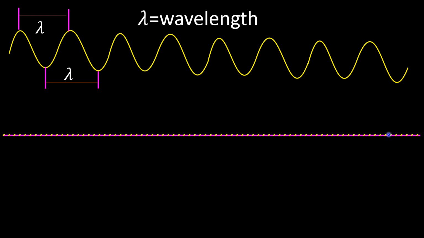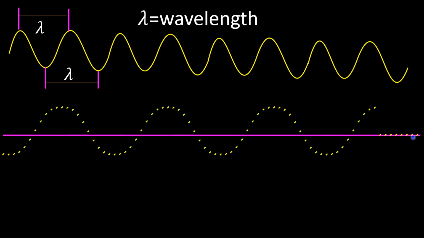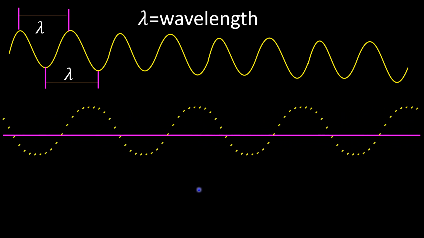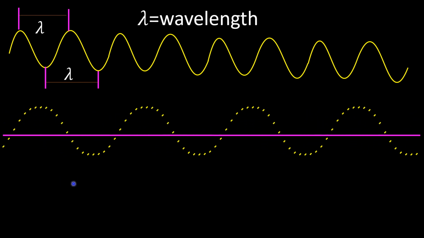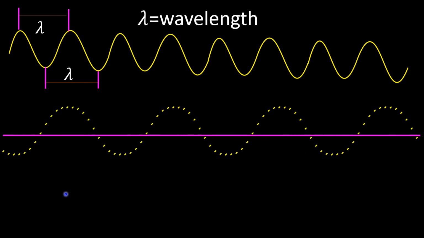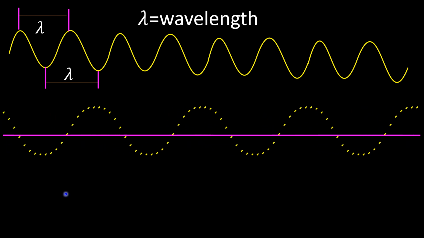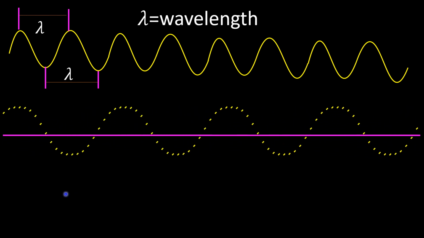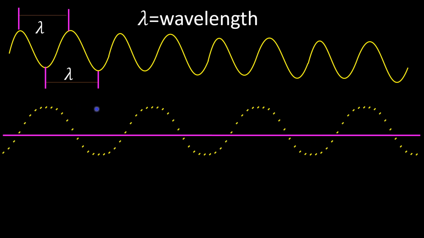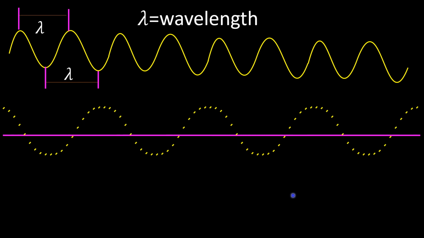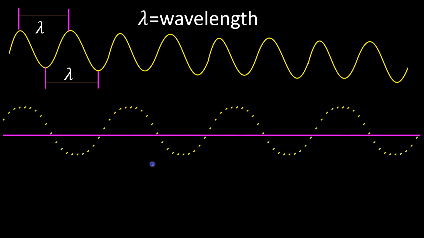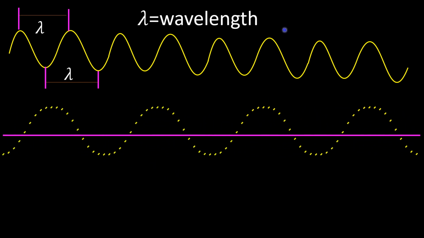You can see the waves here. Don't think that these are the electromagnetic waves. Just to show the wavelength, I am showing you this. How the crests and troughs are formed, you see here. So the distance between any two consecutive crests or any two consecutive troughs is called the wavelength.